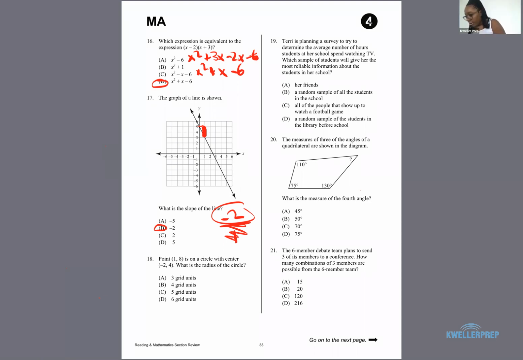Let's keep going. So for number 18, point 1, 8 is on the circle with center -2, 4. What is the radius of the circle? Okay, this one is a straightforward distance. You have to use the distance formula to solve this problem. The distance formula is